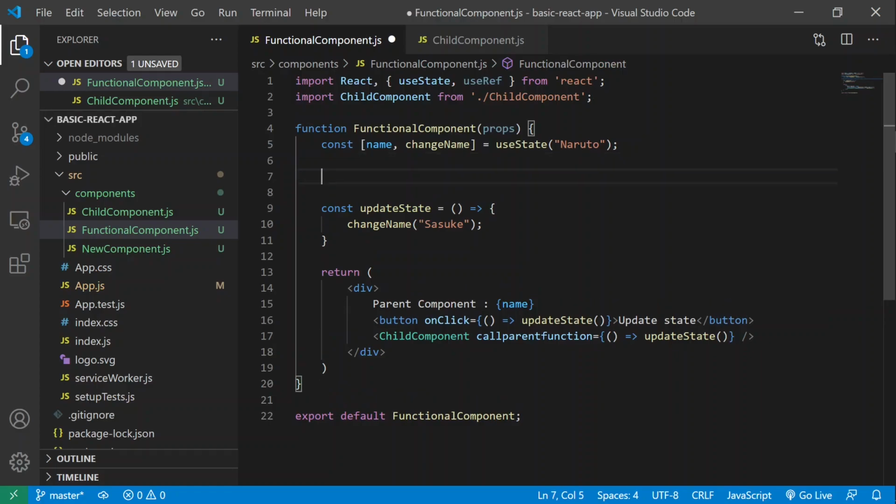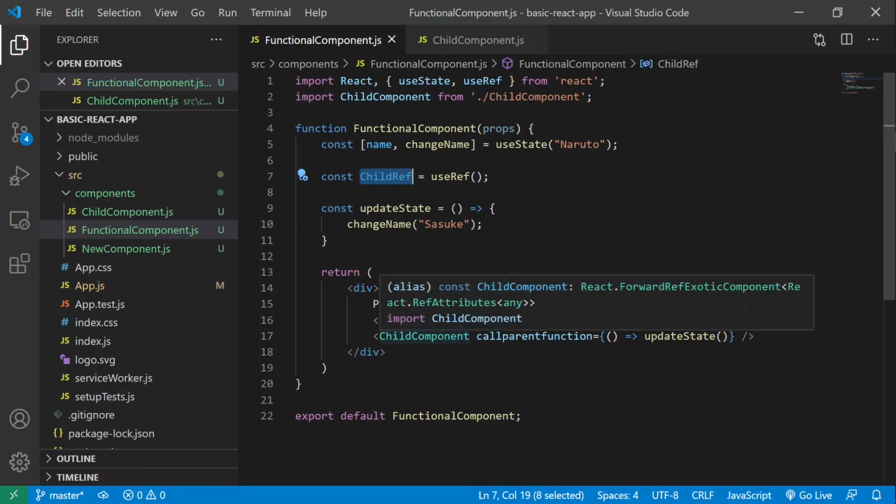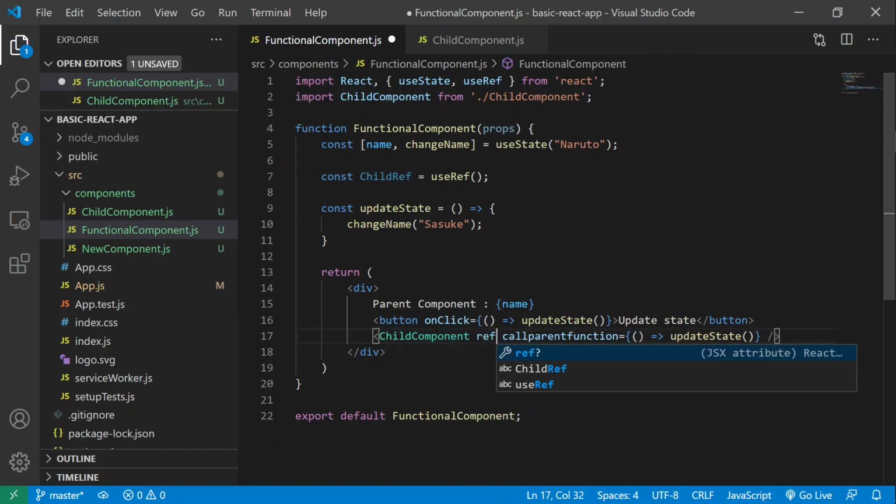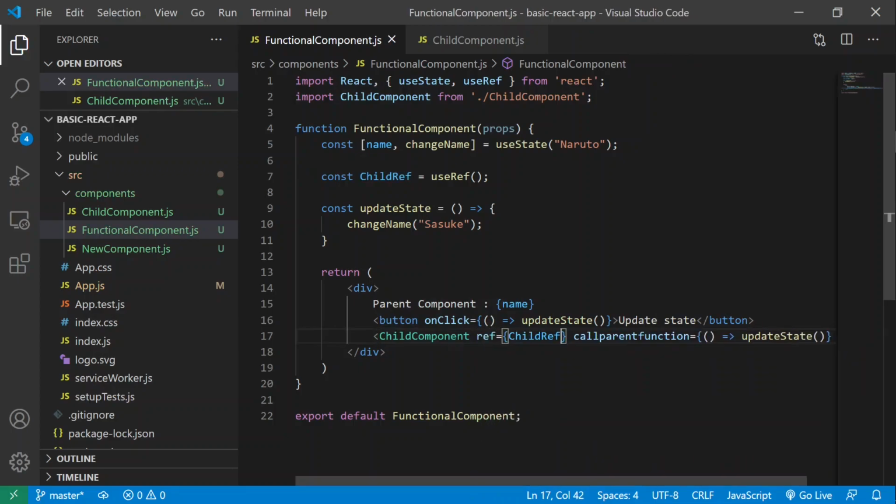So we define const childRef equals useRef. A normal reference has been created here, and then I'm going to attach this reference to the child component. Here I'm going to write ref equals childRef.